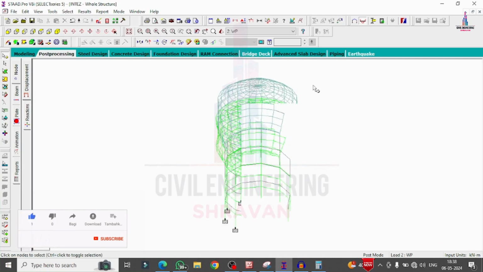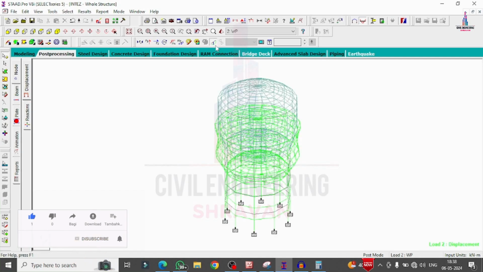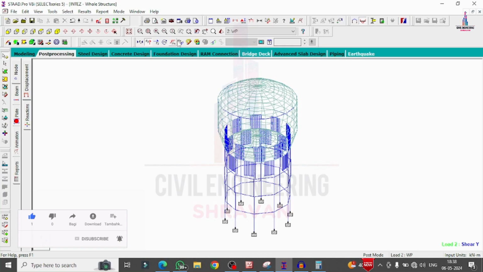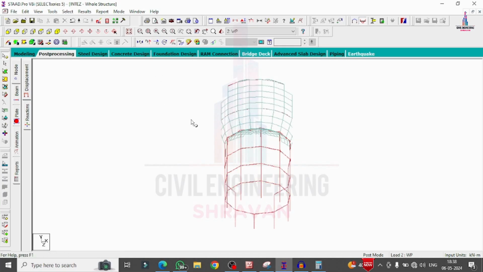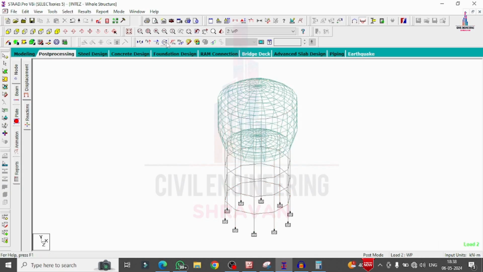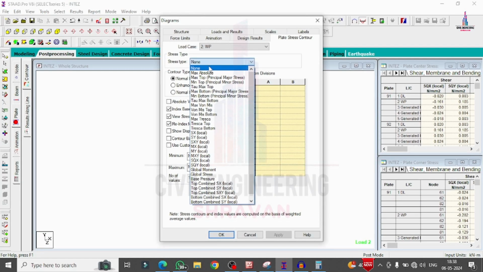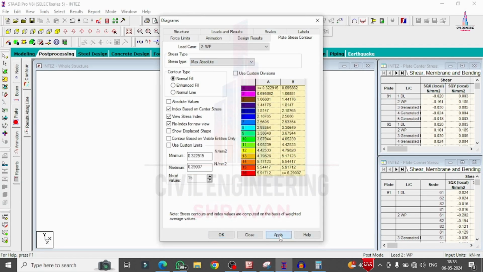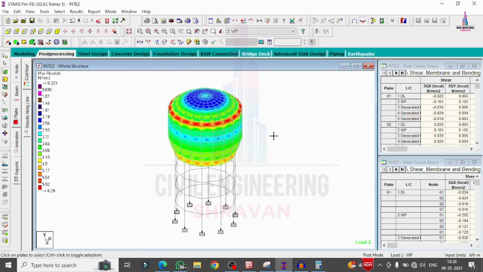This is the deflection value. Again, we will consider the shear force diagram values. This is the shear force diagram. Again, we will consider the bending moment diagram. The bending moment diagram is only applicable for the frame sections. This is the bending moment diagram. You can consider the different factors here. After this, I will show you the plate pressure. I am selecting plate, select stress type as absolute pressure. Click on apply, click OK. This is the maximum absolute pressure applying on the water tank.